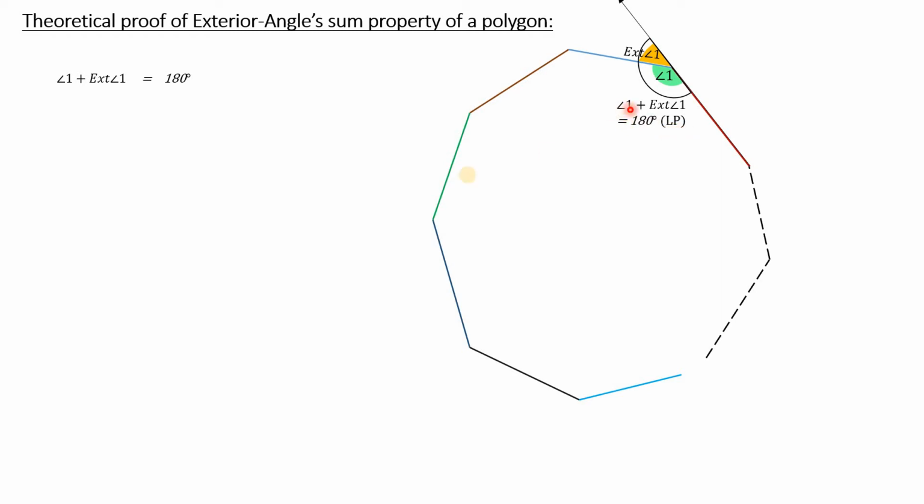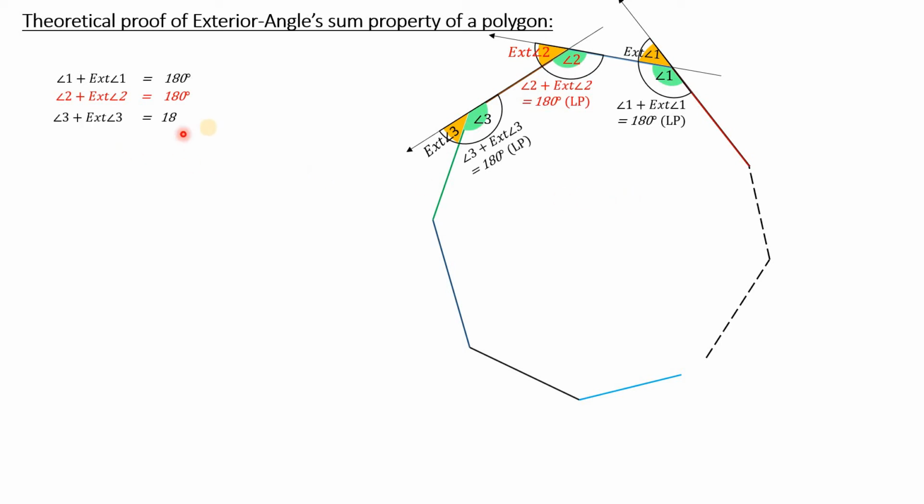Angle 1 means interior angle 1. Similarly, we will take angle 2, and this is exterior angle 2, shown on the figure. Now angle 2 plus exterior angle 2 is again a linear pair, and so their sum should be equal to 180 degrees. We note it down separately here: angle 2 plus exterior angle 2 equals 180 degrees. Now we will take this angle as angle 3. The exterior angle 3 is shown on the figure here. Exterior angle 3 and interior angle 3 form a linear pair, and therefore their sum is again 180 degrees. That is noted down here separately.